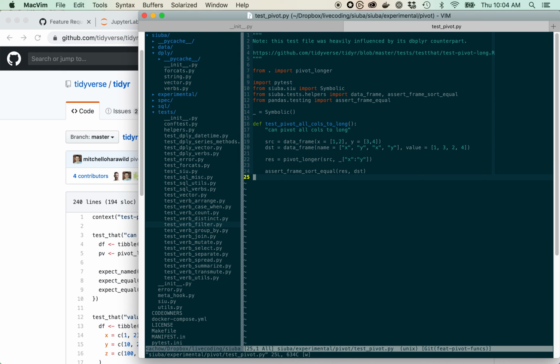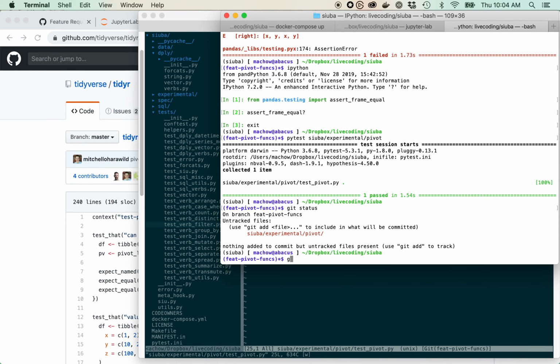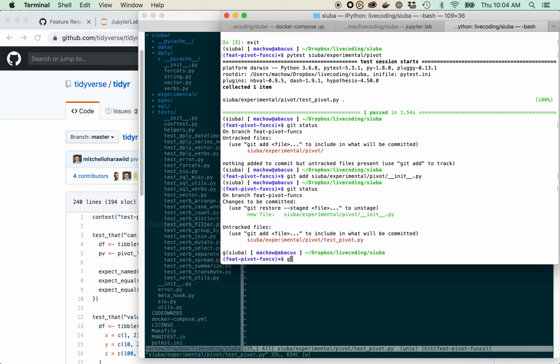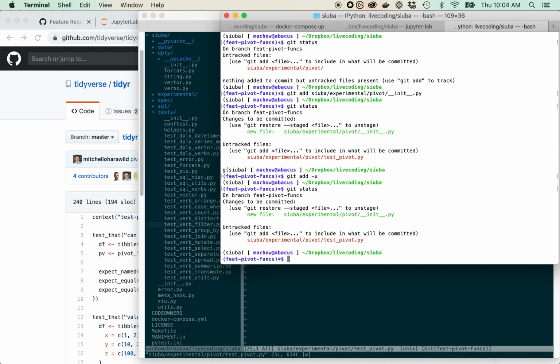And then I'll commit it now. Actually, let's add the other. Oh, that's not the right. Yeah, we have to add the file. So we could have just also done, I think, add dot, but